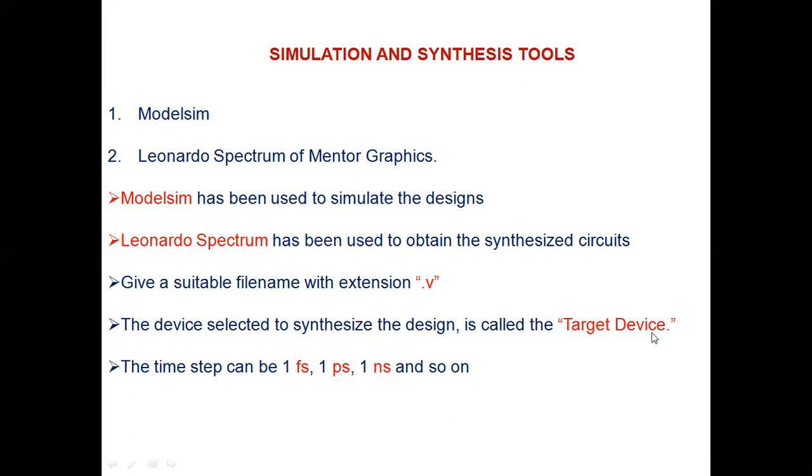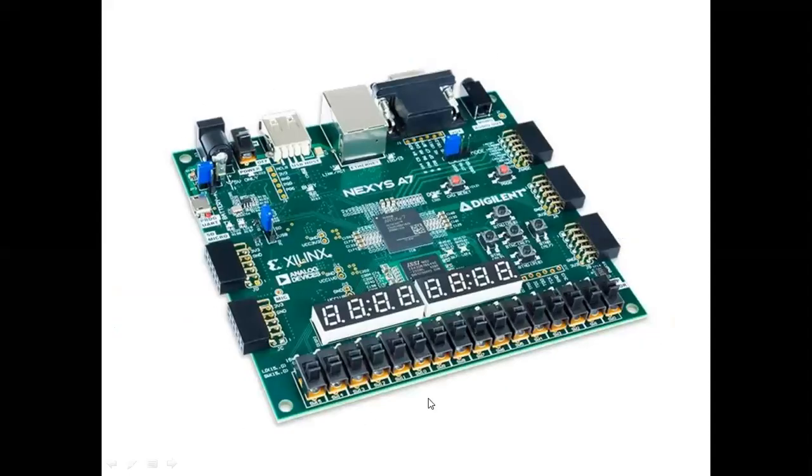For example, this is nothing but a target device. What is this thing? Can anybody identify this one? Yes, this is an FPGA board, Field Programmable Gate Array board. We can call it a target device. Whatever design you have developed in Verilog code can be brought into this real hardware FPGA board to check the functionality and synthesizable results on real-time hardware.